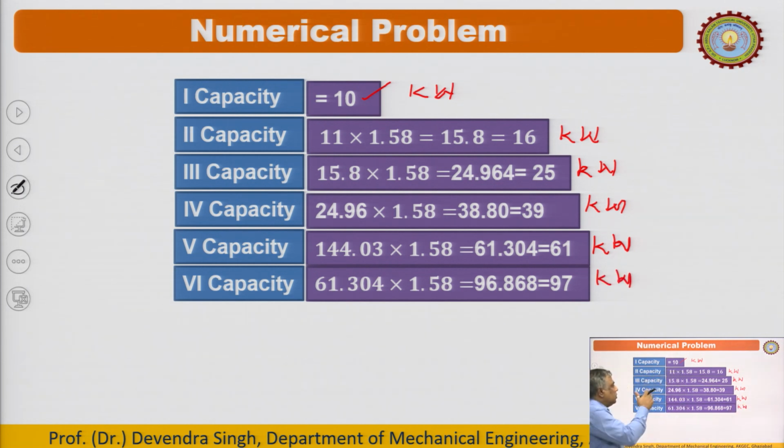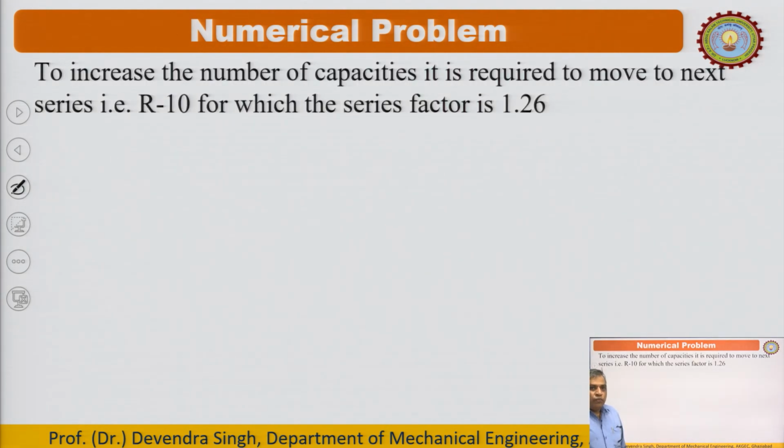So, 10, 16, 25, 39, 61, 97. So, the gap at the lower upper bound is only 3 kilowatt. We can accept that, and these are the standard sizes. Now, to further increase the capacities in the required range,